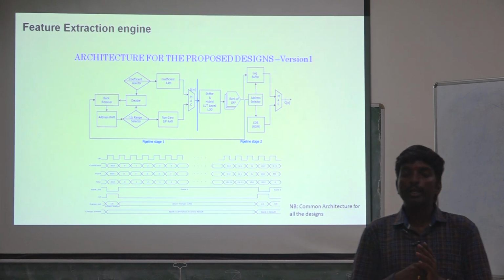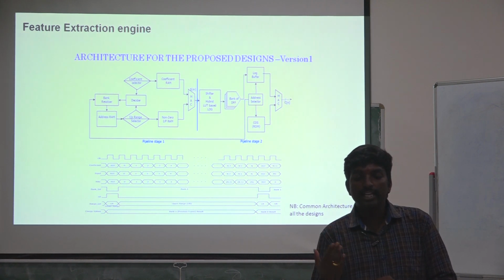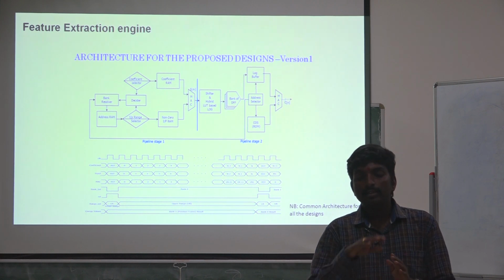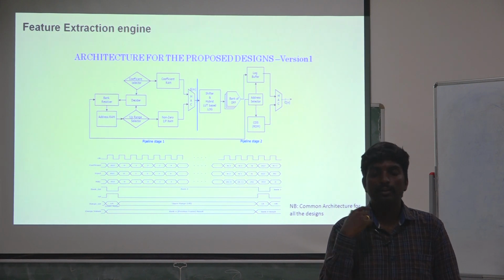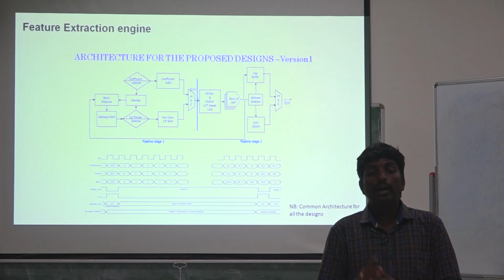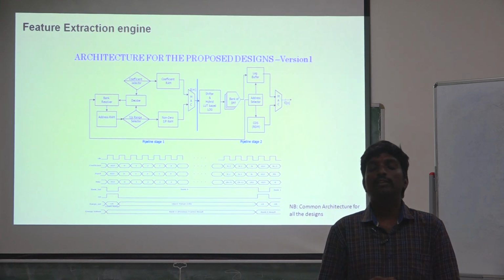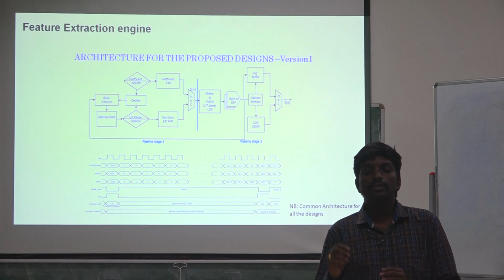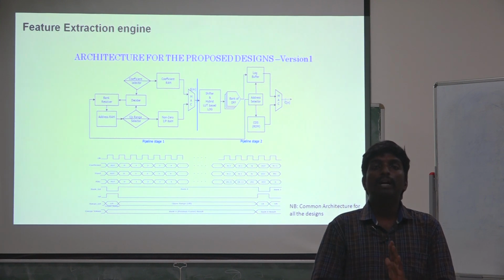The bank resolver is the major element that decides whether stage 1 and stage 2 have to be synchronized or not. Stage 1 needs a complete 240 clock cycles for the S of n energy computation and 12 clock cycles for the C of n feature extraction computation. This clock mismatch is the problem we need to handle. Whenever one bank is completed, both stages will move to the next bank of computation.